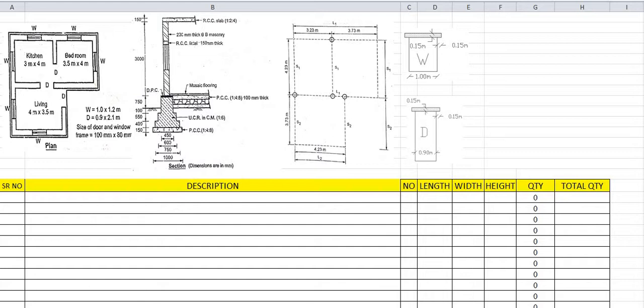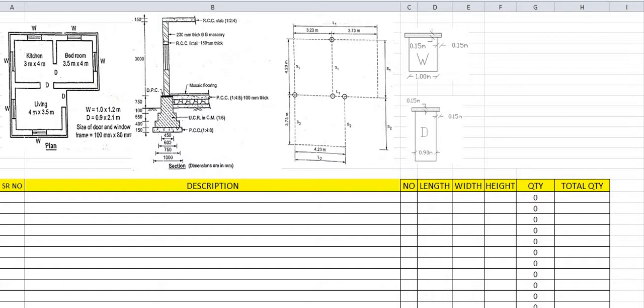So already we have discussed in previous lectures the quantity of flooring to be measured in meter cube, meter square, plinth. We have calculated the quantity of PCC also. We have calculated the quantity of Moram and rubble filling also. So in last lectures we have discussed the different quantities which we have measured.